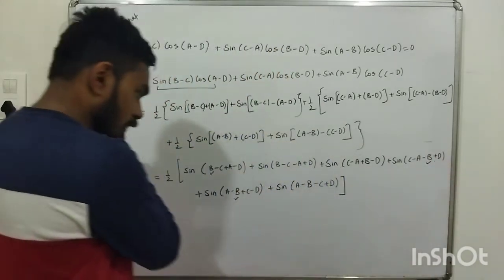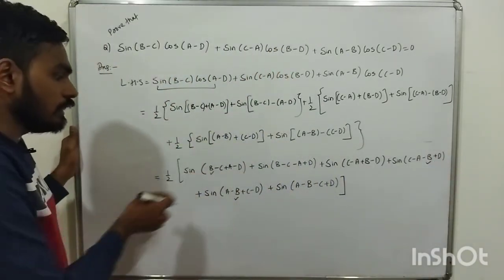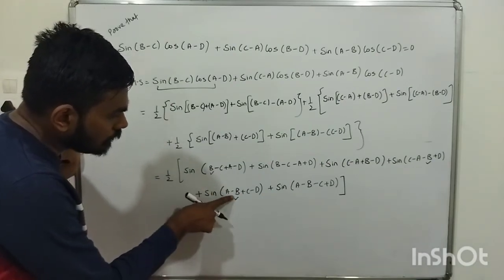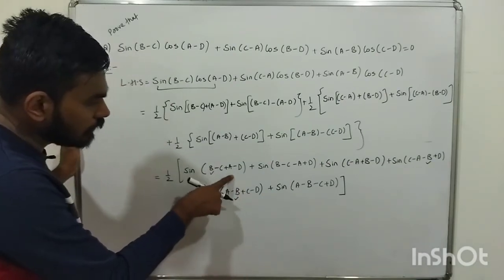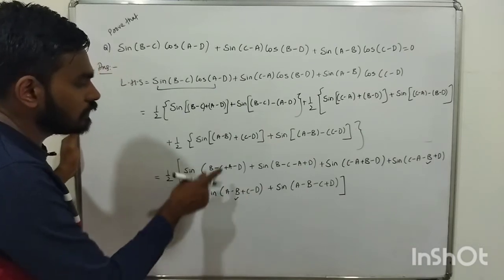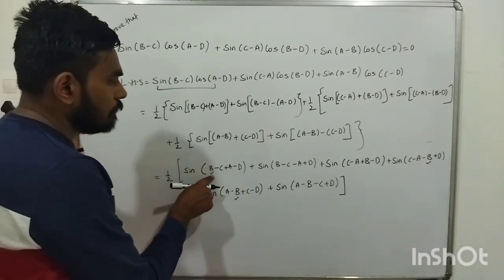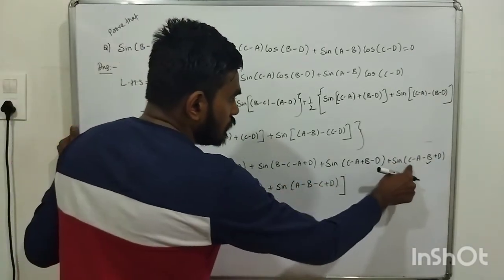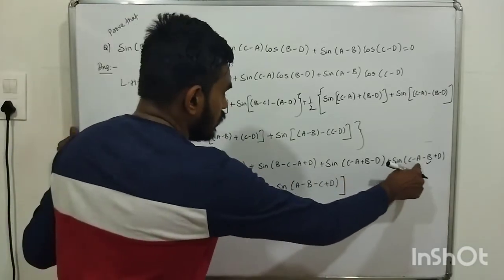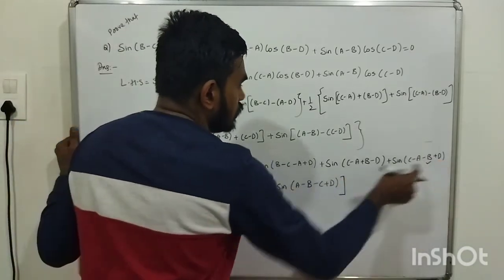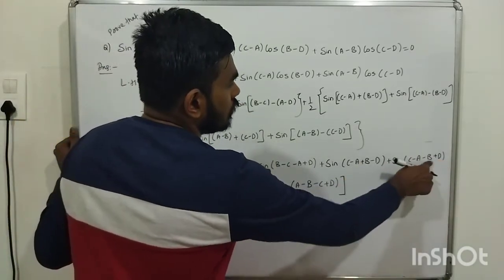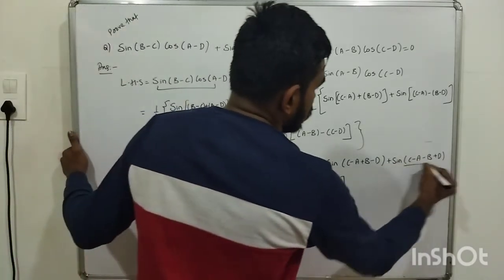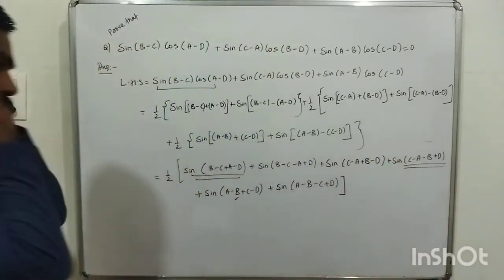Okay. Next, out of this, which is negative of this? That you have to check. So B minus C. B, we have minus B, minus C, we have plus C, correct? Plus A, we have plus A, instead we have minus D. This is not negative. Now see here, B minus B, minus C, plus A, minus A, and minus D, plus D. So this is negative of this, okay? These both are negative of each other, correct? These both are negative of each other. I can rearrange and take minus sign out.